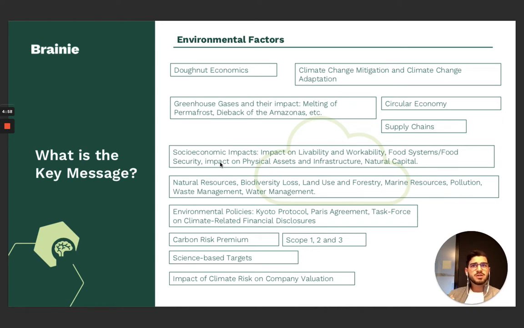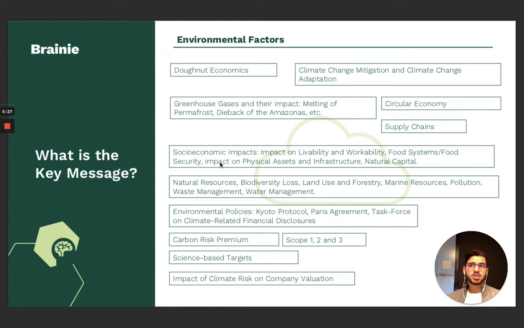Adaptation deals with the solution to issues that are happening today. Opportunities in that area are firms who may produce hurricane-proof windows, for instance. Things like protecting the coastline, developing drought-resistant crops today. These are all opportunities coming out of adapting to the physical climate risks that we are faced with today.